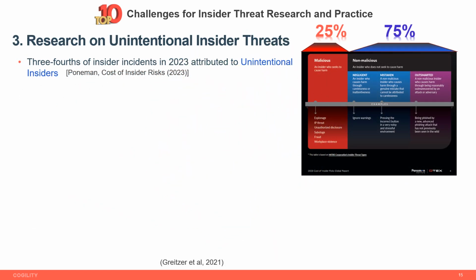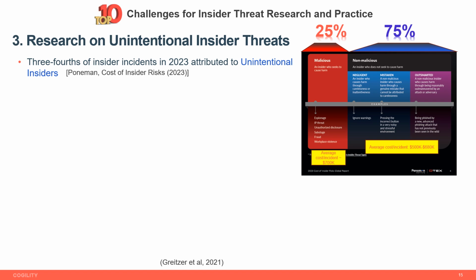Top 10 challenge number 3, research on unintentional insider threats. As pointed out in the Ponemon DTEX Cost of Insider Risk Report, three-quarters of insider incidents are attributed to unintentional insider threats, which may be characterized as negligent insiders, who are careless or inattentive, mistaken insiders, whose actions are attributed to human error, and outsmarted insiders, who are duped by malicious adversaries. These non-malicious incidents are not only more prevalent than malicious attacks, but they also account for comparable or higher costs